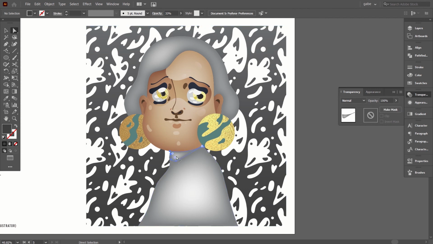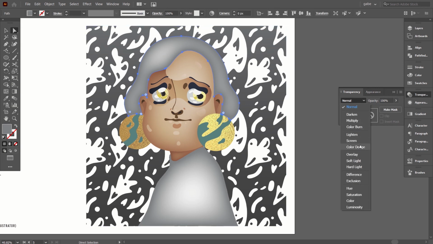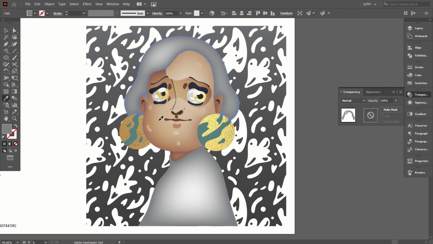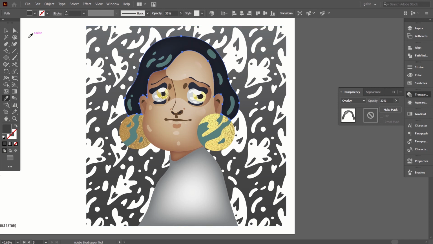And then yeah, we can just do the same here. And then we can just use the eyedropper tool, and that just takes the same effects there. And then I just want to choose the hair, and then we'll just do it one at a time. So again, we'll just take our eyedropper tool right here, and then we'll just click it on the face right there. And then you can see a little bit, but we might actually want to adjust it